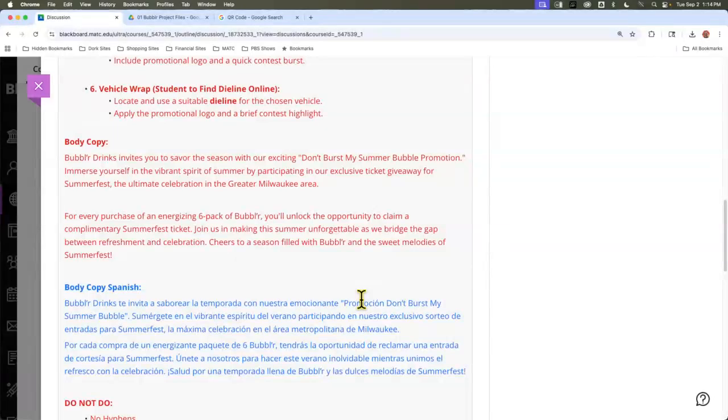There's a lot of different rules. But so you will have an English poster and a Spanish poster. You will have an English flyer and a Spanish flyer. Now, I also mention it